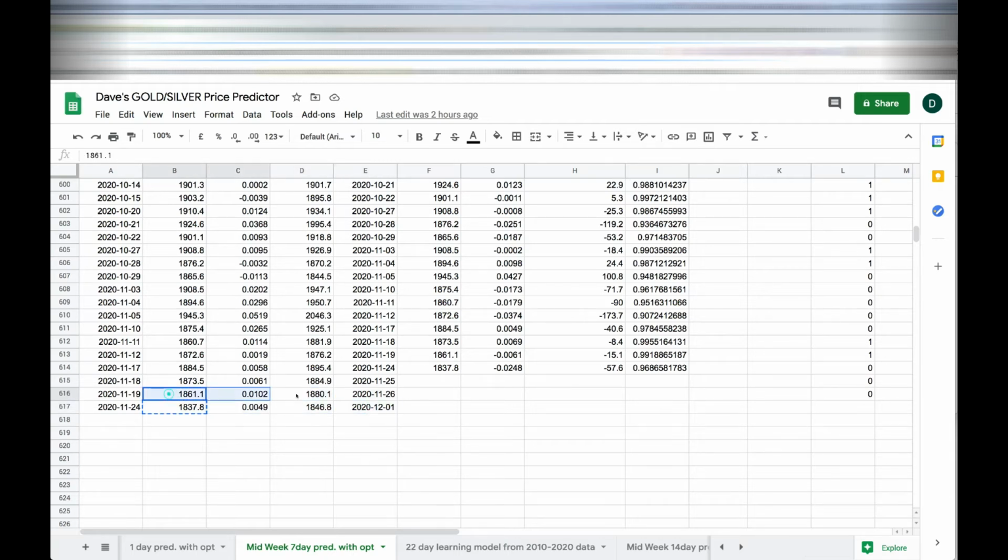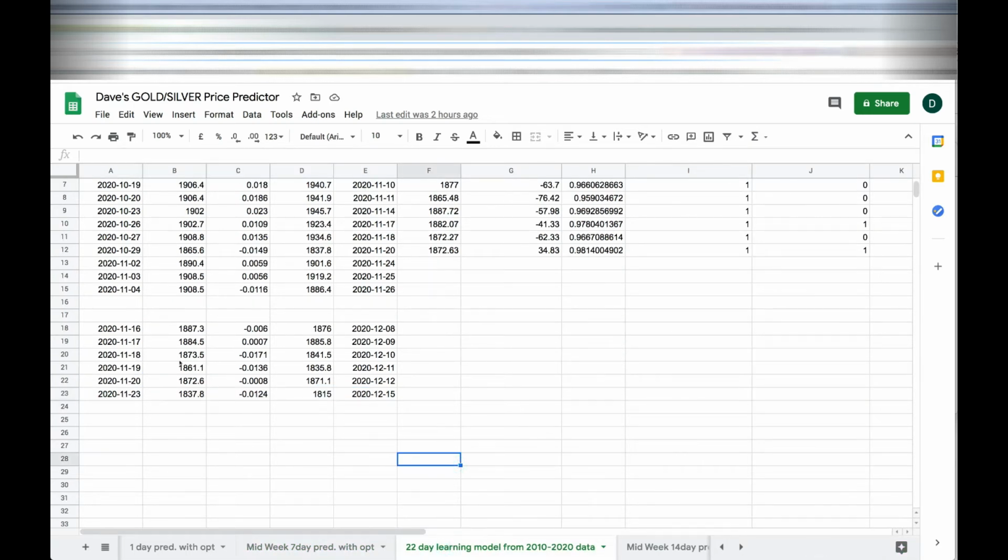It believes that right now, for example, today, basically this is based upon information from yesterday, at 1837, because of such a low RSI, we are going to potentially see a rise in the price of gold in the next 7 days. It's projecting around 1846. I'm not too sure it's going to go up to 1846, but I think that we're going to see a slight rise in the price of gold.